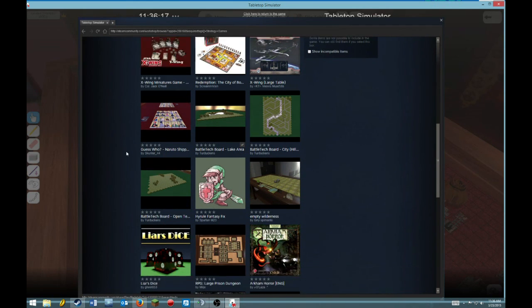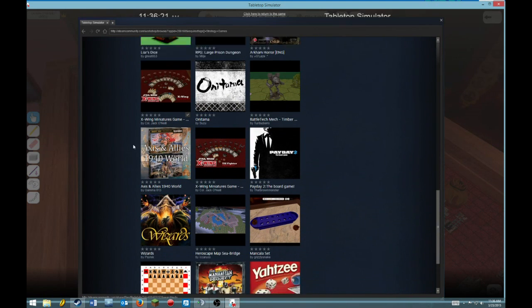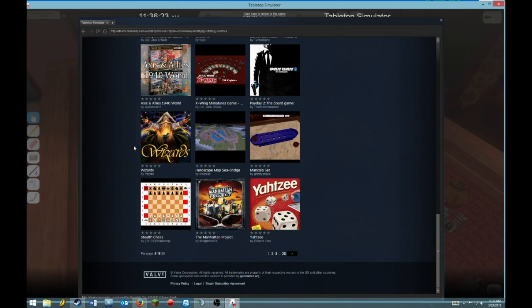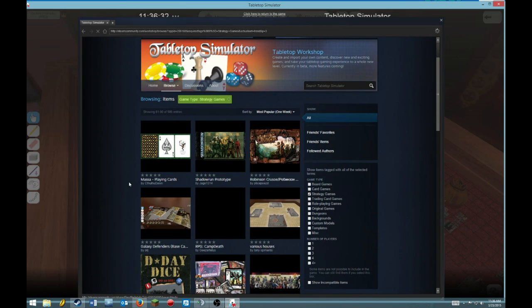There's some Y-Wings up there. It's Battletech. I don't know most of these games, to be honest, but I'm just kind of perusing so you can see. Now you can look at the buffers. There's 20 buffers full of this crap. You can just download what you need. They may have